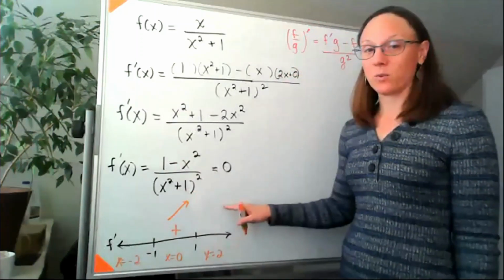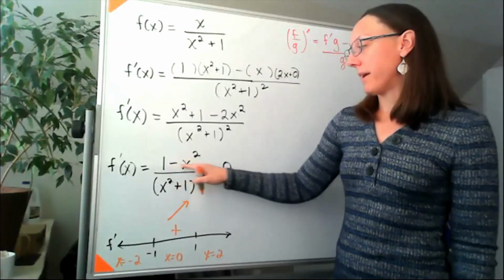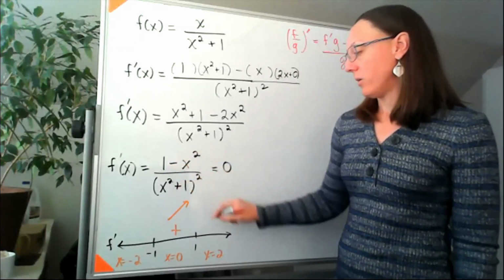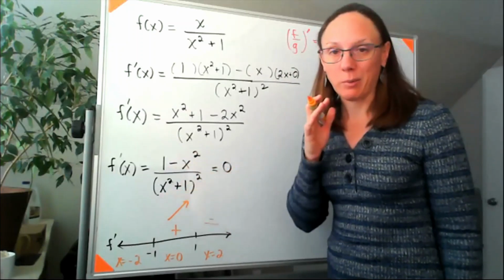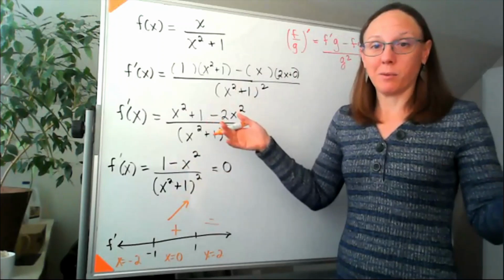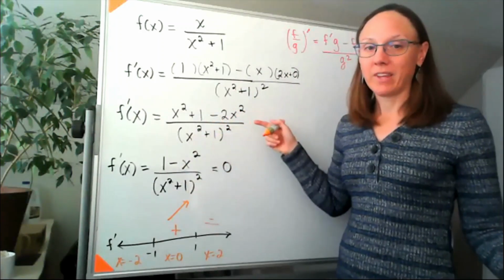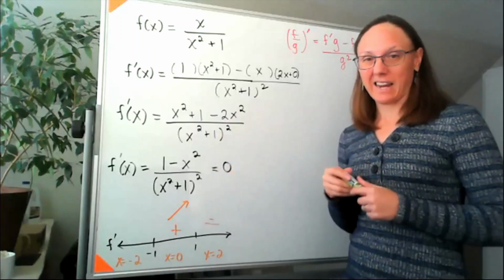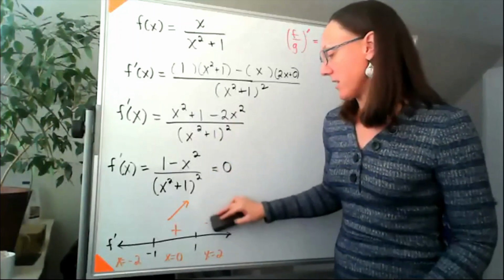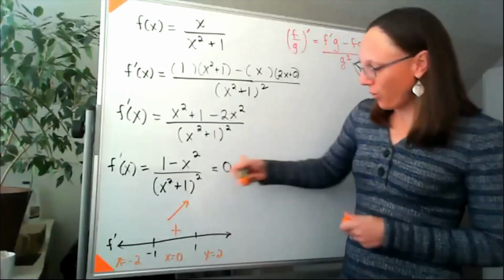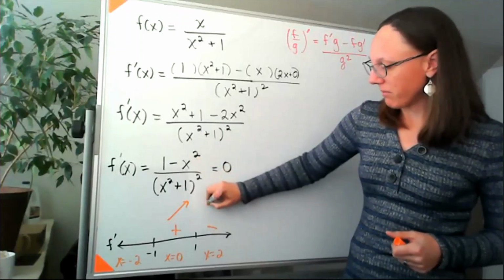If I plug in x equals 2, then on the top, I'd have 1 minus 2 squared. Well, that's a negative number. And on the bottom, here's a trick about quotient rule. The bottom is always going to be positive, because no matter what I put down there, we're squaring it. So I actually really only care about the sign on the top. The sign on the bottom will always be positive for these. So I know that overall, when I plug in 2, this is going to be negative, and my function is